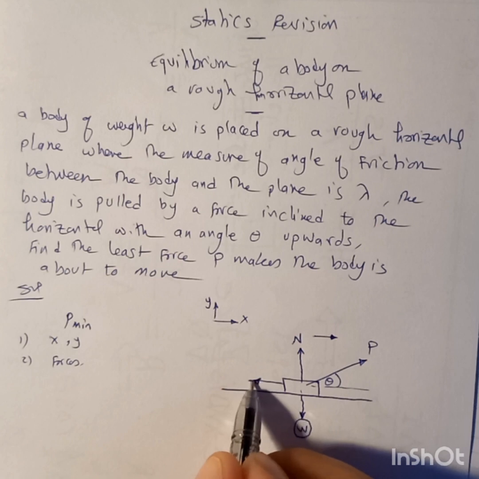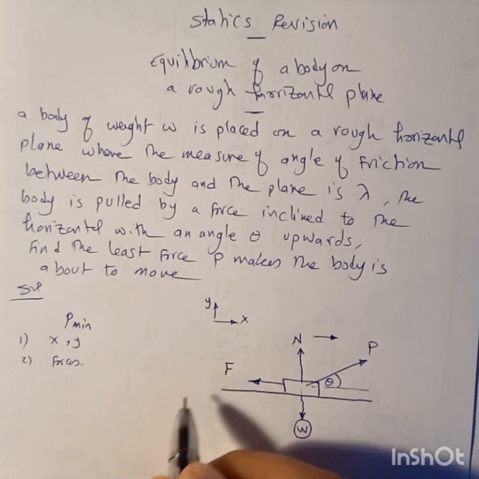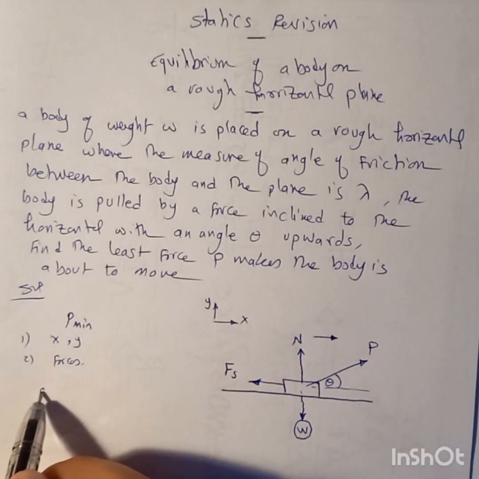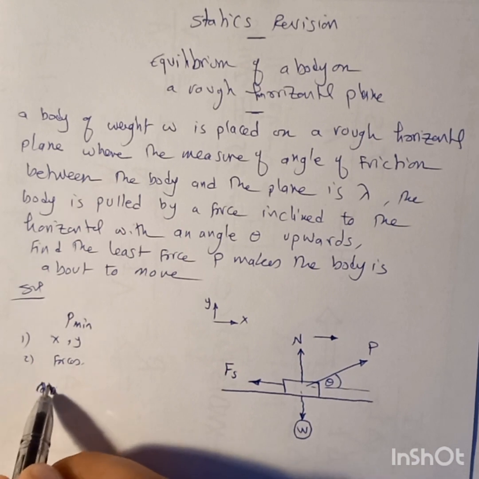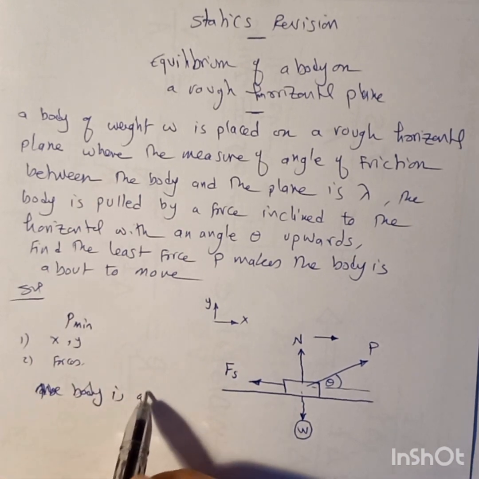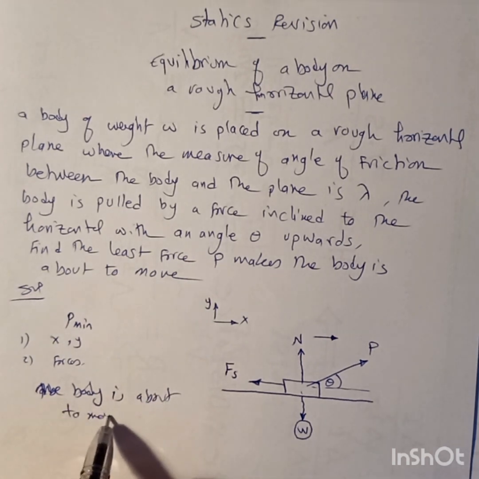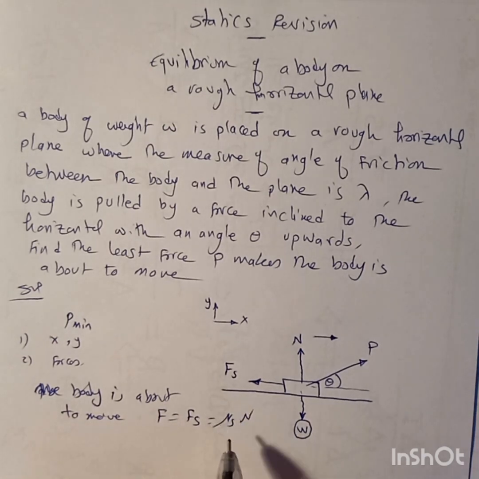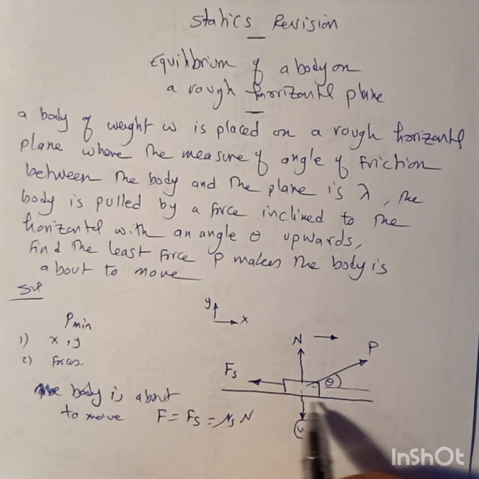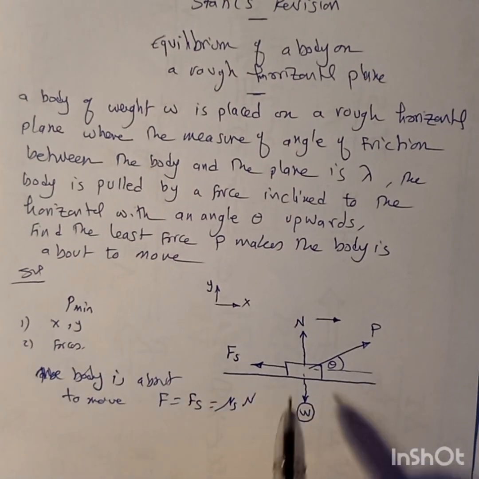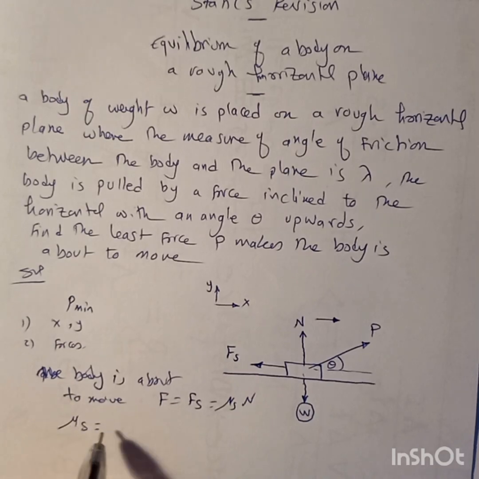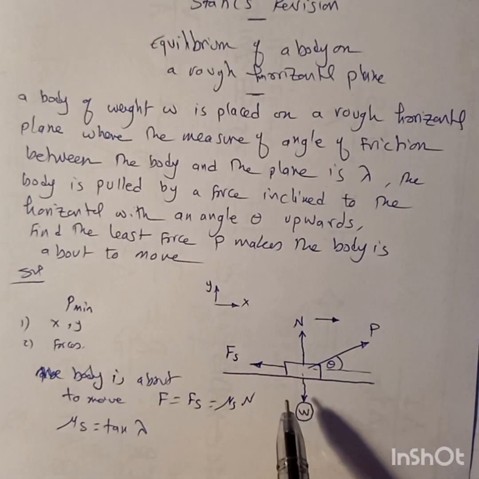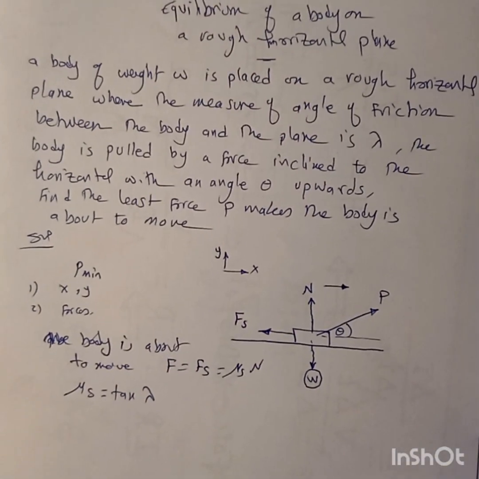In the opposite direction, we have a friction force, and in this case, the friction force is the limiting friction force as the body is about to move. Then we have F equals Fs equals mu s times N, as mu s is the static friction coefficient between this body and the surface, and in this case also mu s equals tan lambda, where lambda is the friction angle between this body and this surface. Then last step, we have to apply the equilibrium